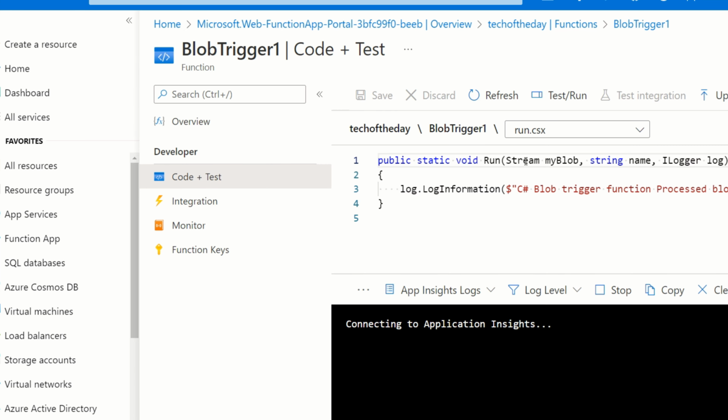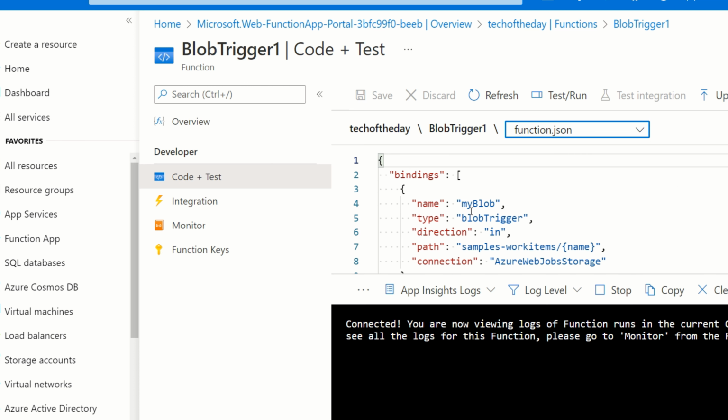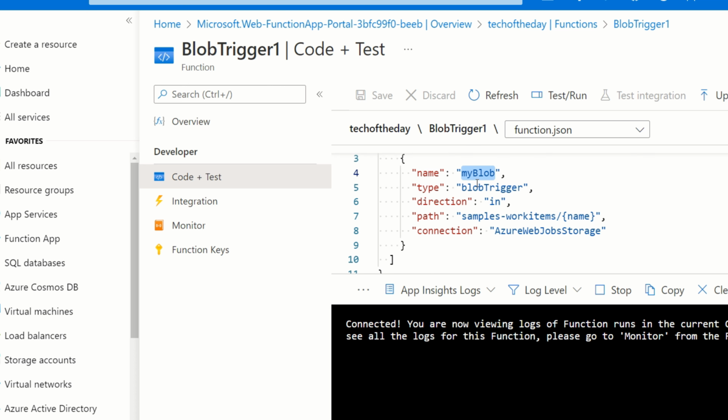So you see stream blob, which means it is sending the blob to it, the name of the blob, and then logs. And if I go to function.json, I see here I have input as my blob trigger, direction is in, and then you see it is pointing towards sample work items slash name. So if I just go to another tab here,